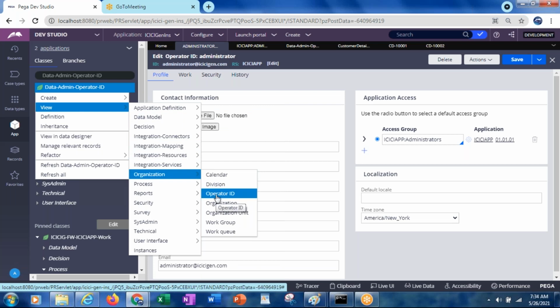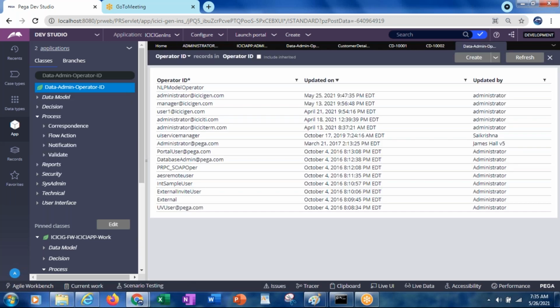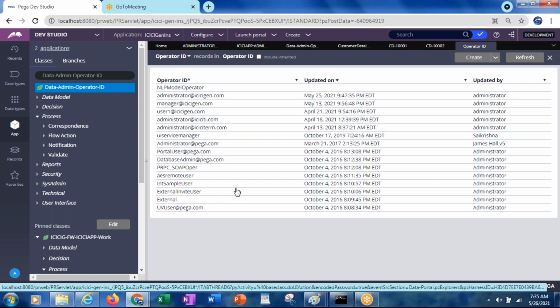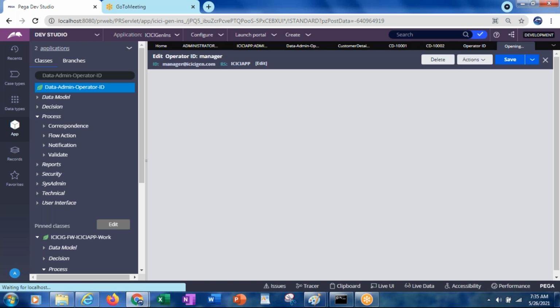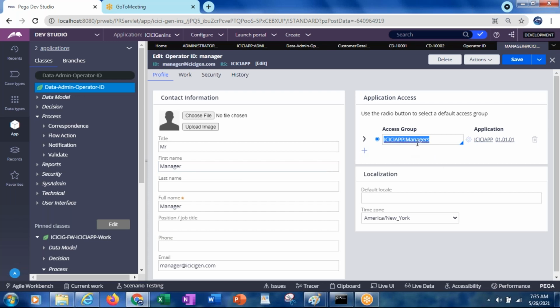So operator IDs are under the category of organization. Open this, and here you open manager at icici.com. See, he will have a different access group, ICICI app colon managers, whereas the administrator will have ICICI app colon administrators. So all the operators referring to the same access group will be one group.